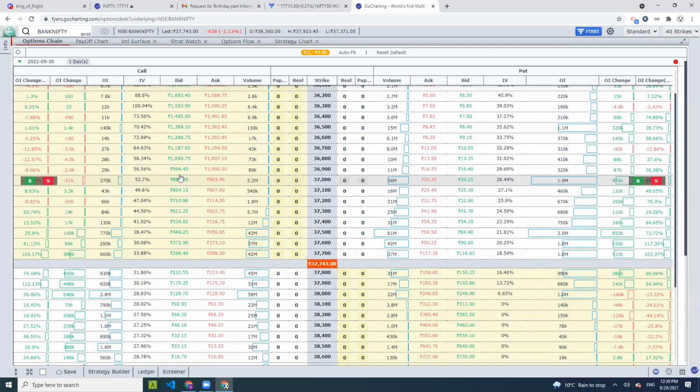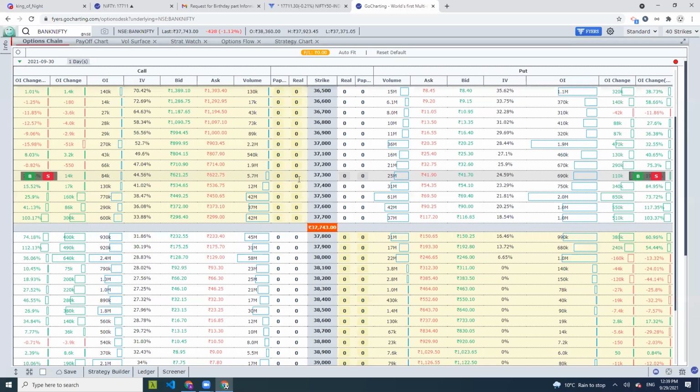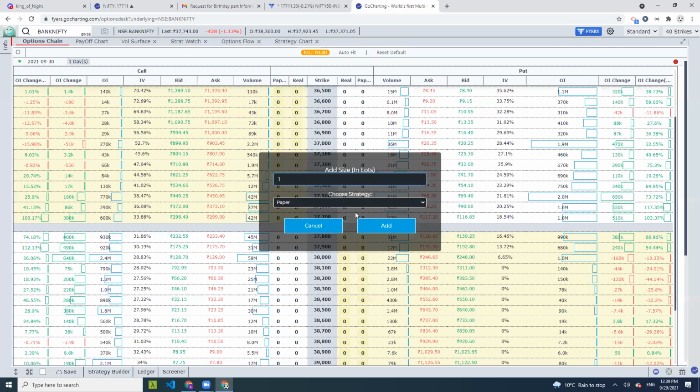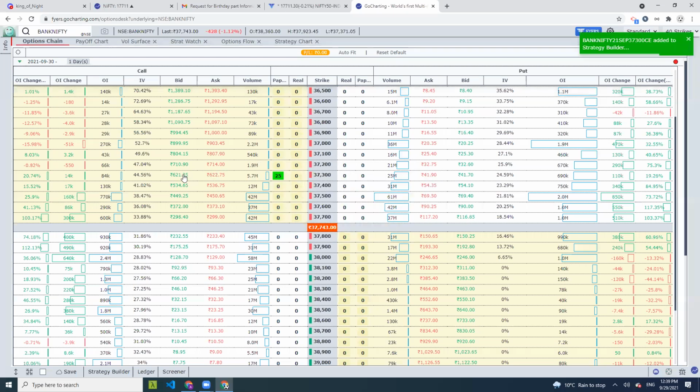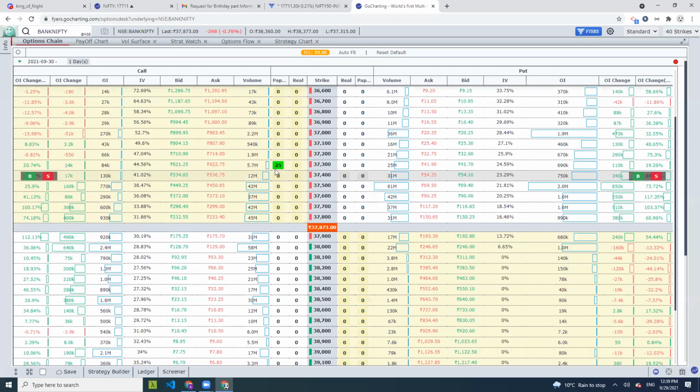So you can click on the bid, and it will ask you how many lots you want to add. Say I put one lot and click add. This lot automatically gets added to your paper strategy, in the strategy builder. Under the paper column, you will see the amount, which is 25, the lot size of Bank Nifty, show up in the